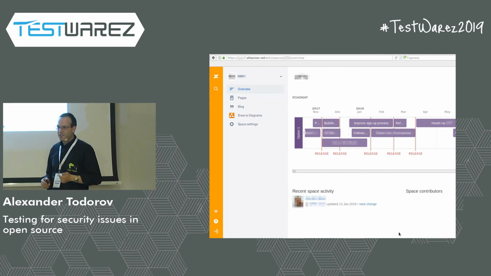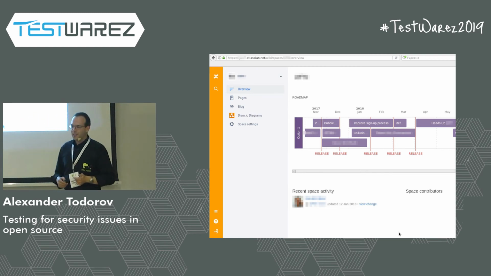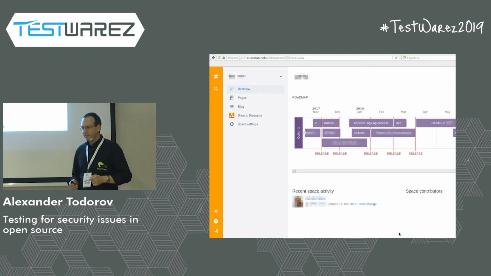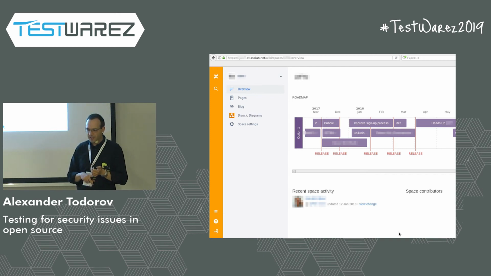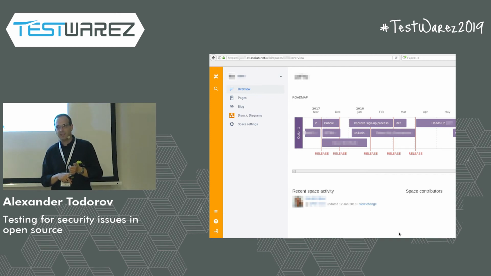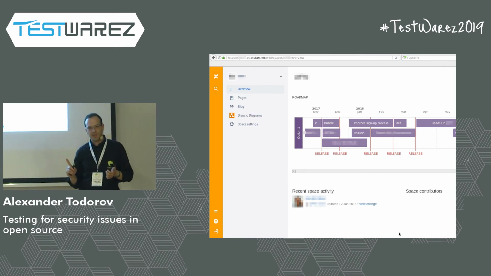In this case, it's Atlassian.net, and you think it's secure. However, not always is the answer. That is an example of one particular company in Sofia. I'm not going to tell you the name. This is their entire product roadmap. Also, you have their entire employee directory, and you have meeting minutes publicly available, without username, without password, in